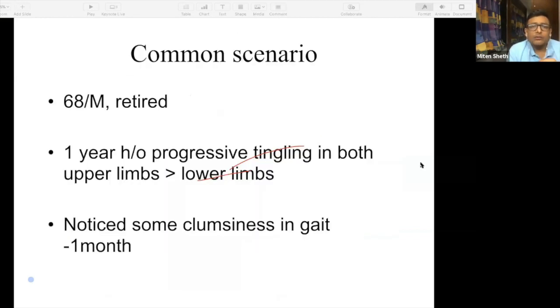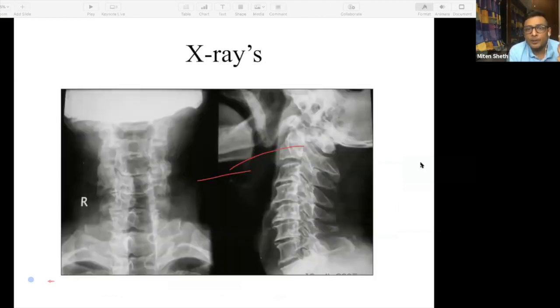So now you have a scenario where the patient is, apart from all this, complaining of a neck problem. When the patient has a neck problem, you're going to get a neck X-ray done. In the neck X-ray the same principles apply. You have to see the quality of the bone, the alignment, the disc space, and degenerative changes in the form of osteophyte formation. You have to identify the facet joints in the back.